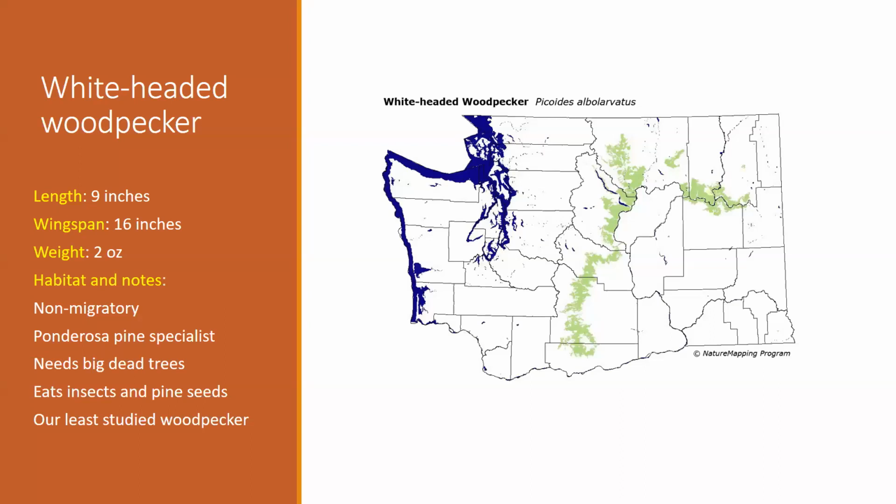Okay, so here we go. White-headed woodpecker, pine specialist, about 9 inches, 2 ounces. So you notice a lot of these, other than the pileated, are about the same size. They're these robinish, and they're non-migratory. White-headeds need ponderosa pine, need big dead trees that they're known to go into, larger diameter ponderosa pines. They eat pine seeds